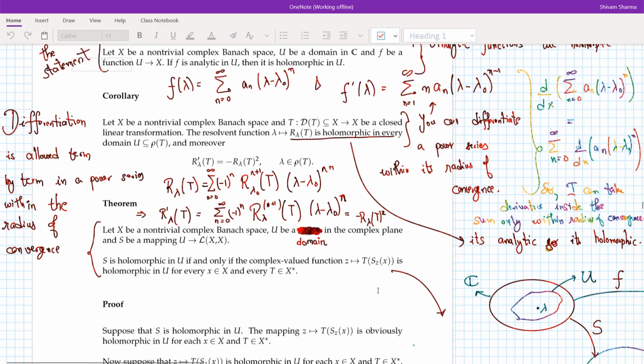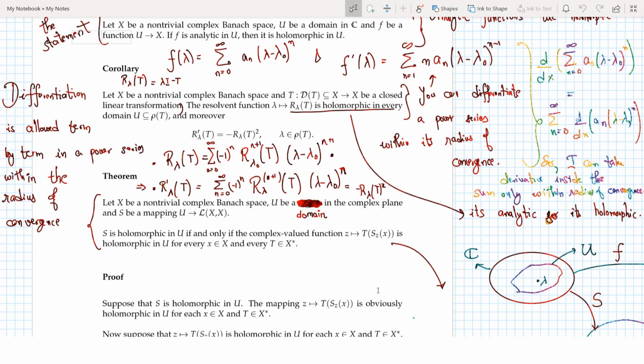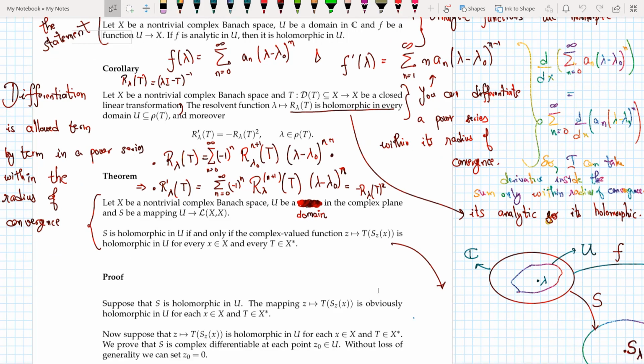So if you look at the definition of R lambda T from up, you will see that this is how the equation is written, and when you differentiate it, you just get this. Now one very important question that you might ask me is, how can I just differentiate it and get the result? So what I want to say is that R lambda T was defined as (lambda I minus T) inverse. It's defined like this, and I'm saying that if you differentiate it with respect to lambda, then you would get